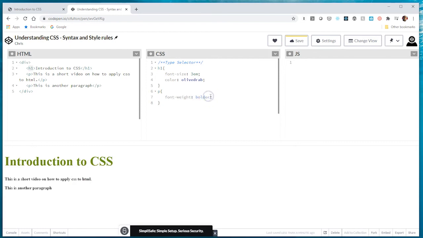Or you can give it a numeric value. If I wanted to, you can give it 100, 200, 300, 500, 900. In this case, I can give it 900, and it'll do something very similar to what bolder would do for this particular example. The next thing I'm going to do is give my text a text shadow,